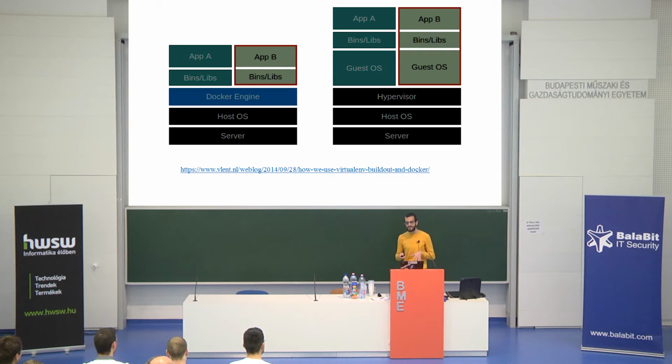Another reason why virtualization can be pretty slow is that if you want to run multiple applications in isolation, every application in a separate virtual machine on the same server, you basically need to run an operating system for each, right? So every application has a full-blown guest operating system. And so if you're running two applications, you are basically running three operating systems with all the system services and everything that's connected to that. And if you're running 10 applications, your CPU is probably going to crawl out of your server and kill you because it's under a huge strain.